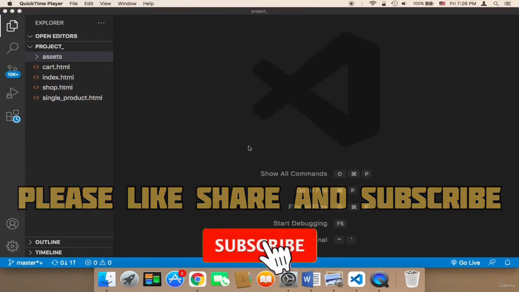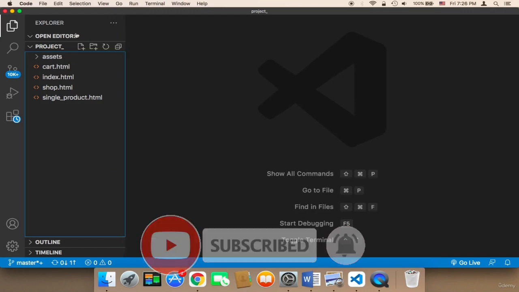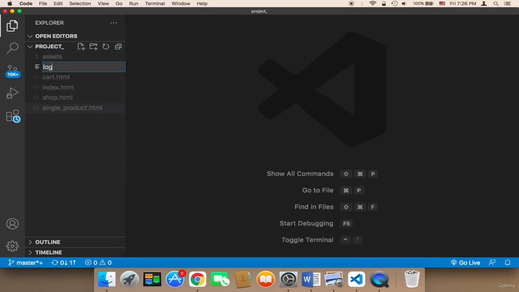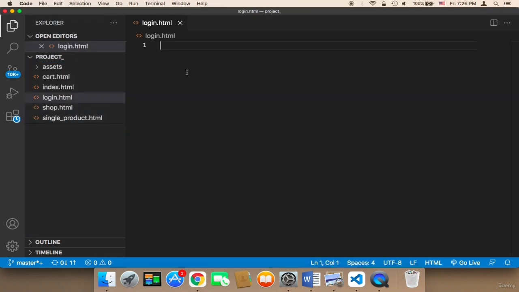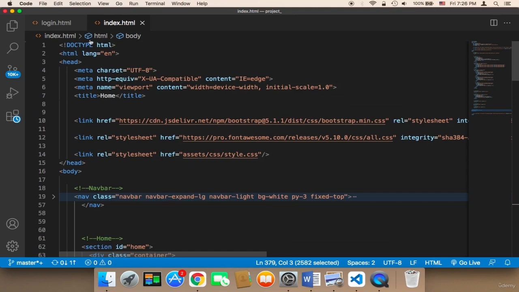Welcome back. Now what I'm gonna do is work on the login page. So I'm gonna create a new page called login.html. And then in this login.html, first I'm gonna copy the header and the body from the index. From the index here, I'm gonna first copy this part,